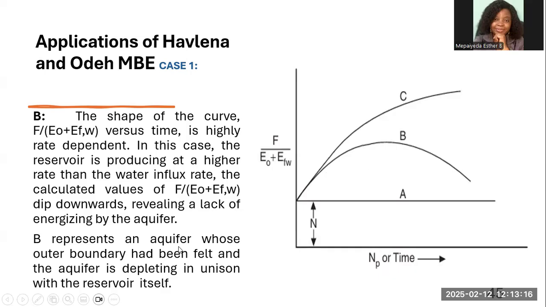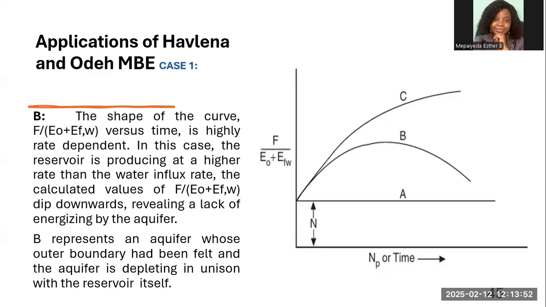So B also shows that for this aquifer, the outer boundary has been felt, and the aquifer is depleting. Okay, so it shows that this aquifer is depleting. The energy of this aquifer actually is depleting as the reservoir is being produced. So what this means is that it could be a weak water drive or a partial water drive. A weak water drive or a partial water drive. Okay, so